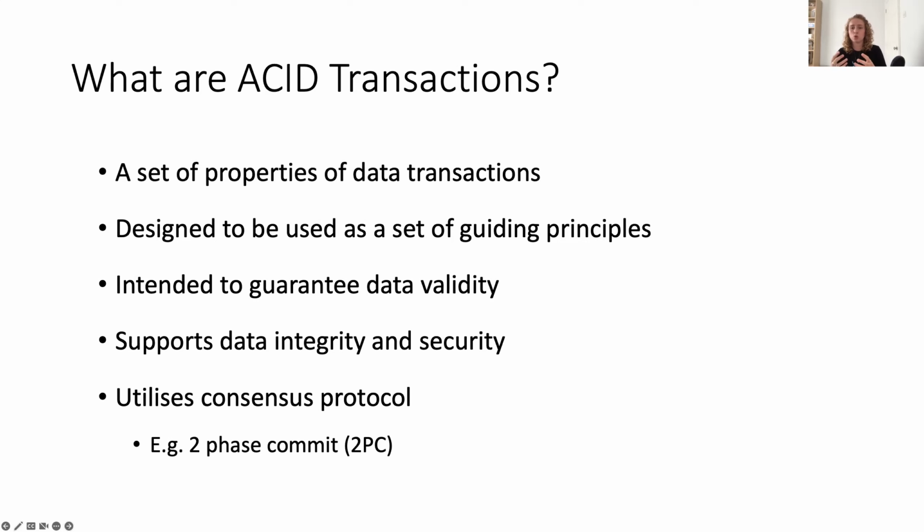This is what's used to make sure that when we're using this in distributed processes, they're all agreeing on a state or a decision. And so that's where this consensus, this idea of agreement, comes in. There are various different consensus protocols you can use. For example, one of the most common is two-phase commit or 2PC, and that's the one I'll be showing in my demo application today.